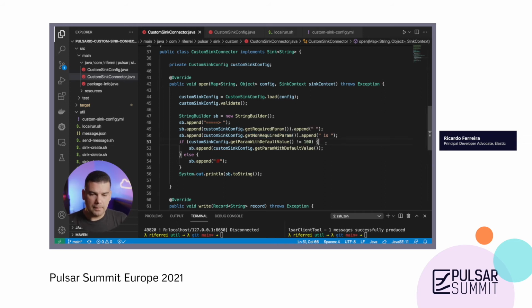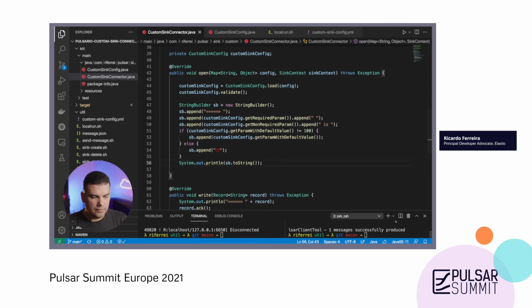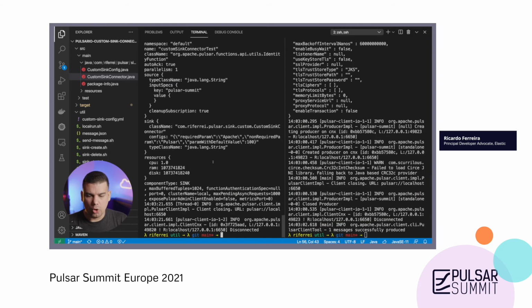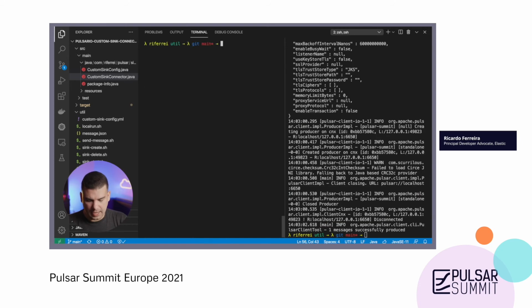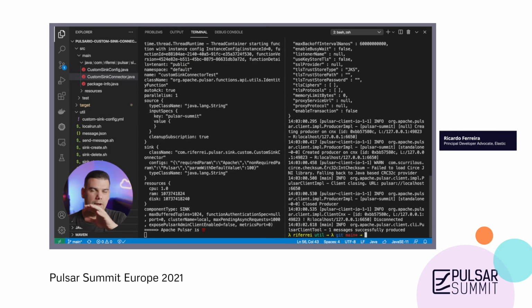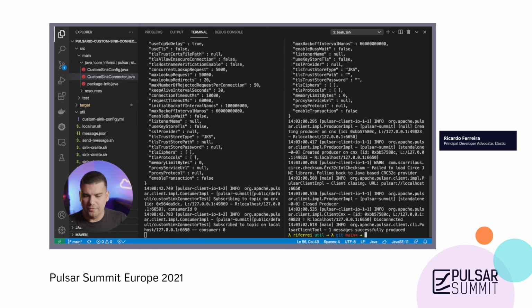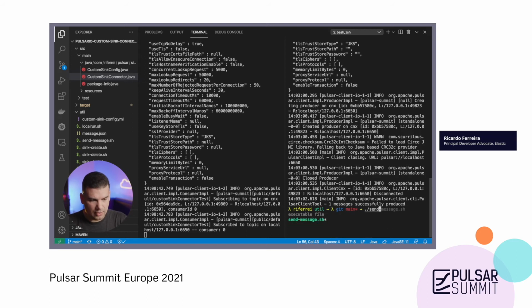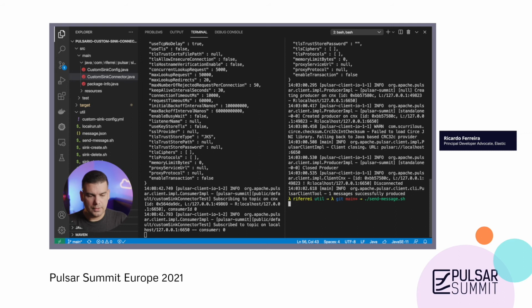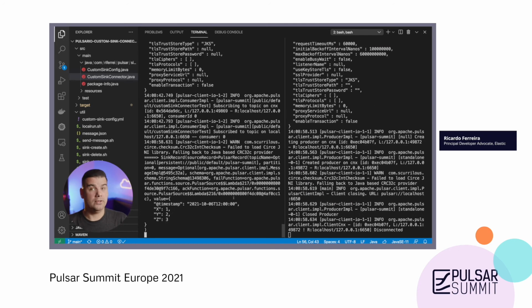So let me show you something very interesting here. When we were testing with the local run parameter, you've noticed, let me execute it again so we can see it, that when I sent a message, the connector straight away processes the message. So it's quite fast, right? But there's a very important concept that you have to understand here that has to do with delivery semantics of your connector. So I am going to send a couple more messages right now. There will be another one right here. So it just got processed.